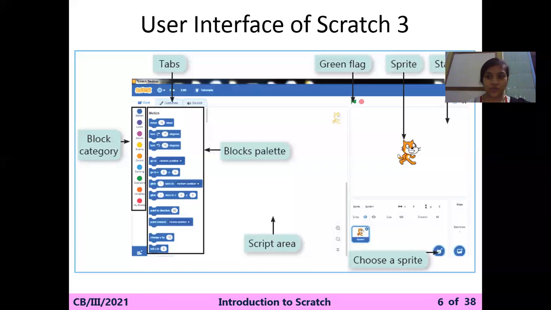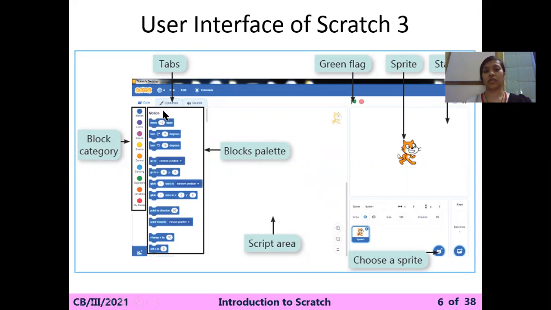Okay, so dear students, in the virtual class, as we are in the computer virtual class, we are introducing our new software that you have to learn. That is Scratch 3, and due to some issues in my laptop, I am unable to open Scratch in front of you. So first of all, we are learning about the block category.